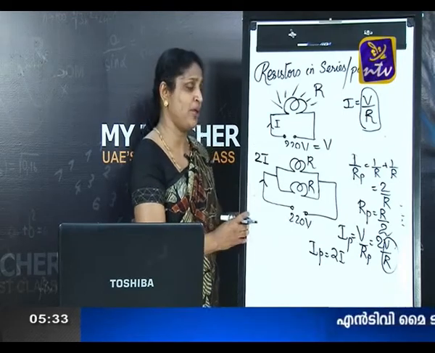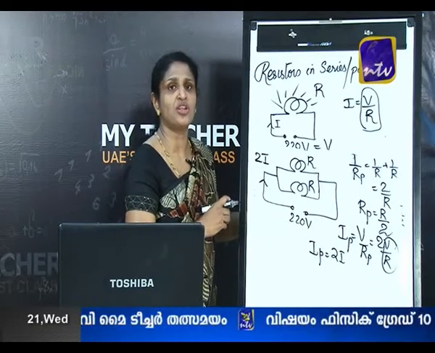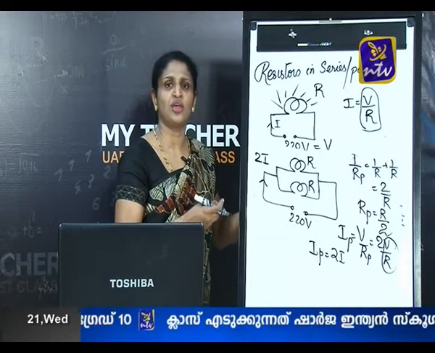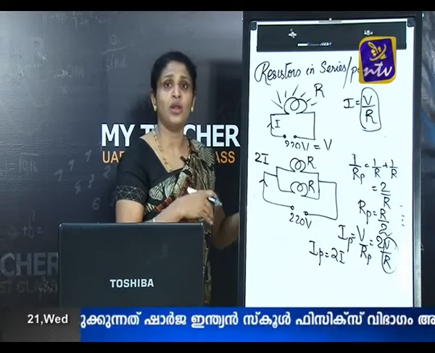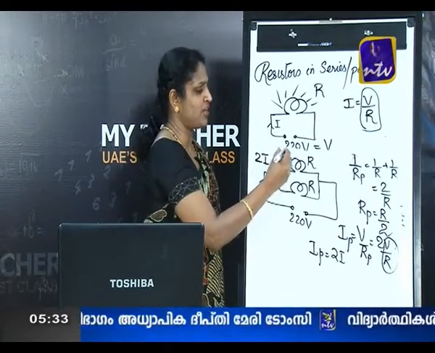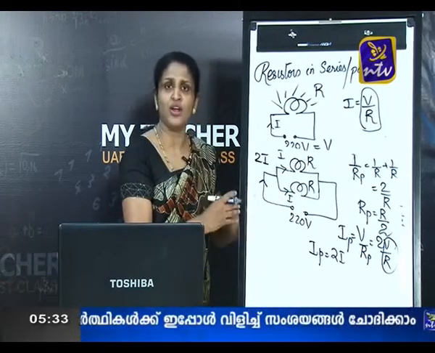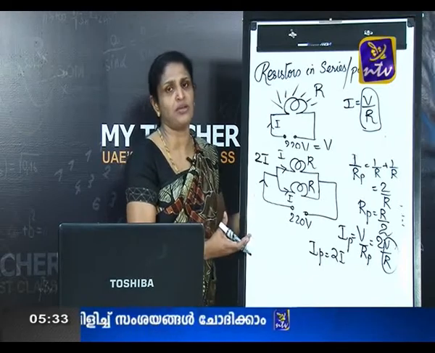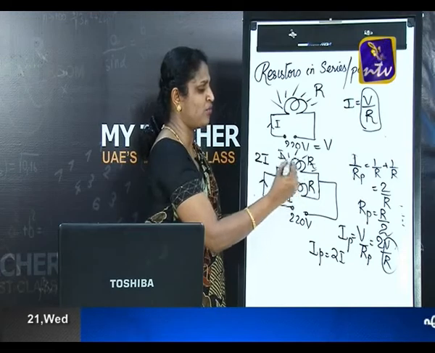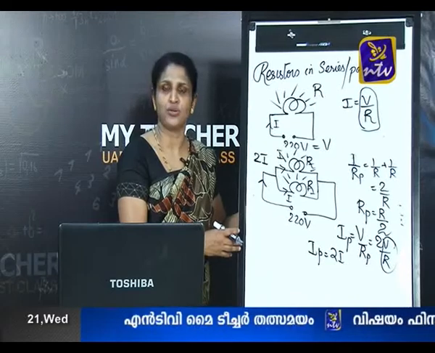Once again I repeat, since the reciprocal of the resistance is equal to the sum of the reciprocals of the individual resistances, the total resistance in the circuit will become half, and the current will double. When the current is doubling like that, each bulb is getting an equal amount of current because they are identical resistors. The current through the first bulb is also high, and the second bulb is also high. The bulbs glow with the same efficiency as before; they are getting 220 volts and the required current also.